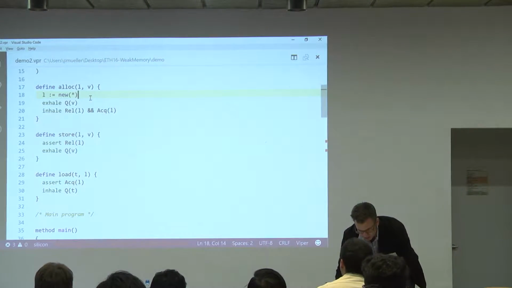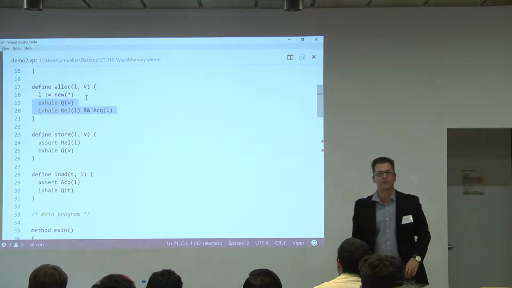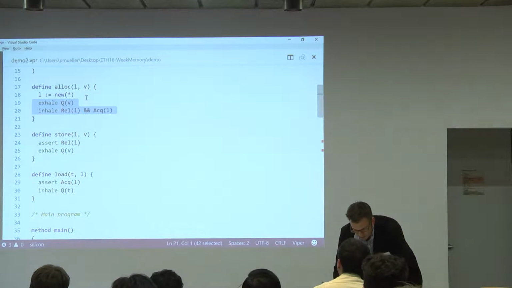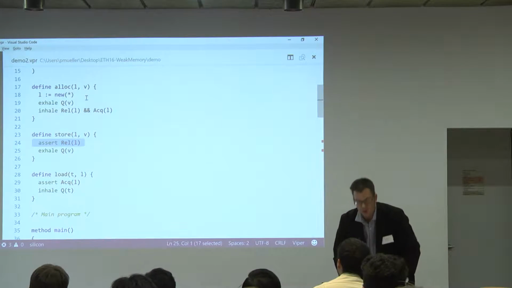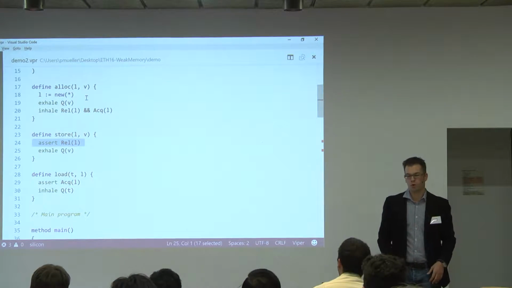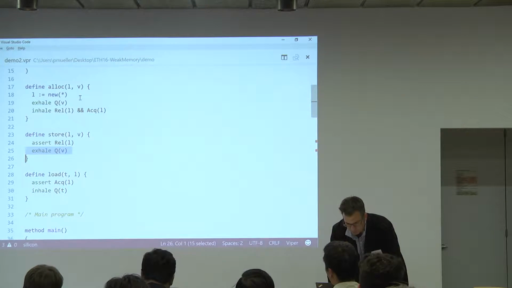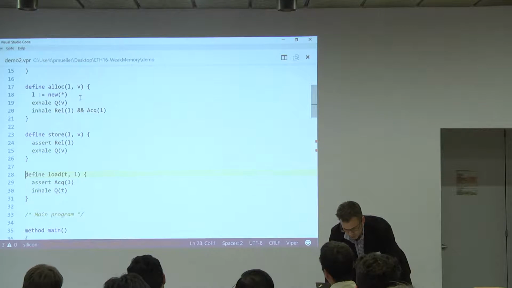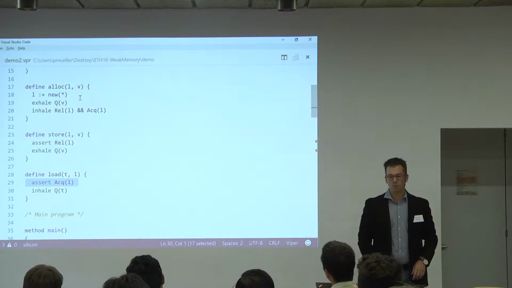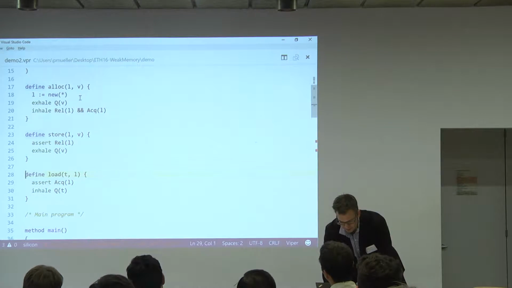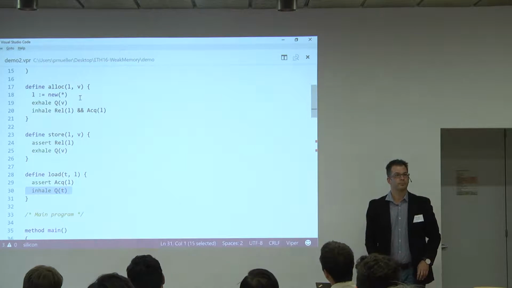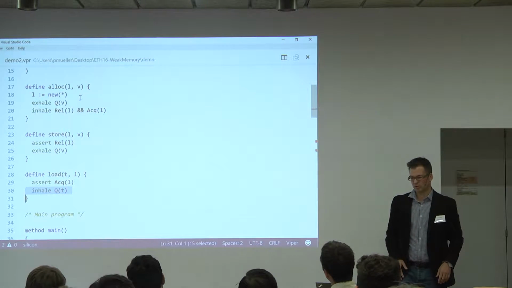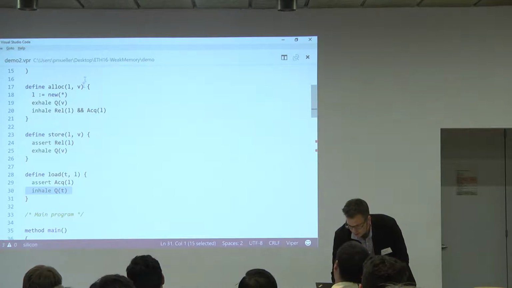So allocation, as we've seen, exhales the invariant, and then you get permission to read and write. Storing a value checks whether you have the permission to perform a write, and then gives up the invariant, so you exhale it. And loading a value checks that you have the permission to perform a read, and then you obtain the invariant, so you perform an inhale. Okay? And now with this, we have given a semantics to these C11 operations,